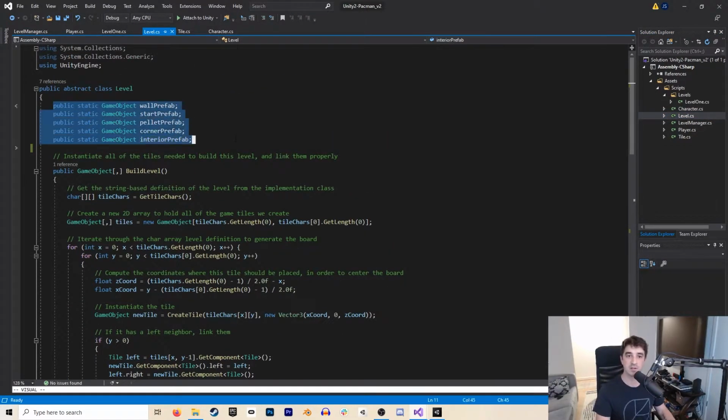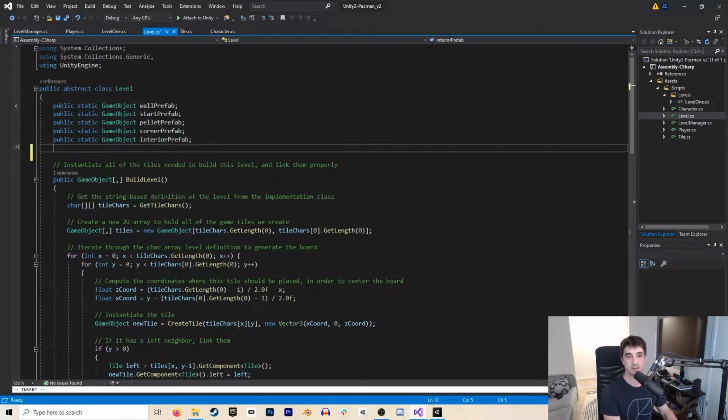So Level also has these prefabs. It's not necessarily the cleanest way to do it, passing these to a static variable, but for the purposes of the lab, it's an easy and clear way to give you access to it. So it has these static variables, and if you recall, static means that it belongs to the class, not to an instance. So any instances of a level that you create will all share the same prefab. Doesn't matter too much, but let's just add one more